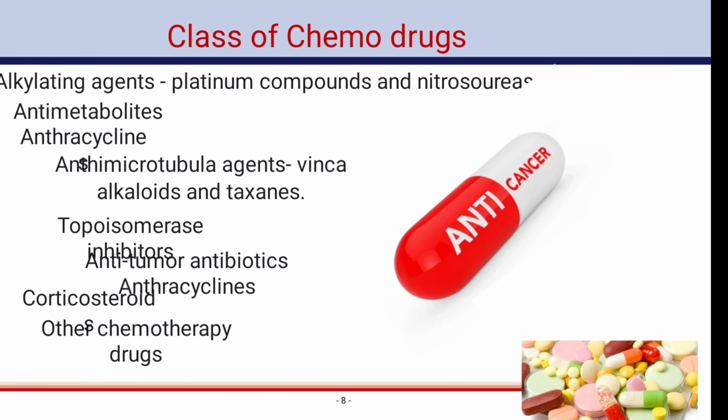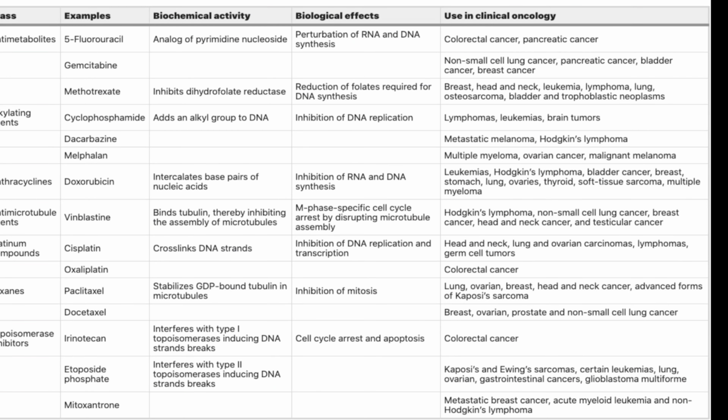Classes of chemo drugs: alkylating agents, platinum compounds, and other nitrosoureas, anti-metabolites, anthracycline, vinca alkaloid, taxane, topoisomerase inhibitors, anti-tumor antibiotics, corticosteroids, and other chemotherapy drugs. There is a class of antimetabolites, examples of which are 5-fluorouracil, gemcitabine,